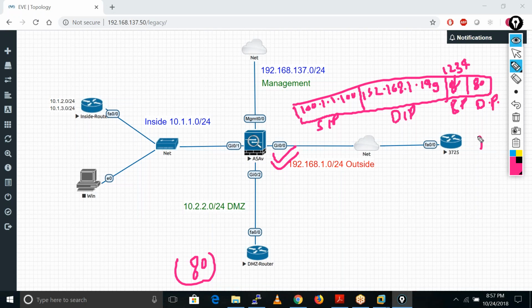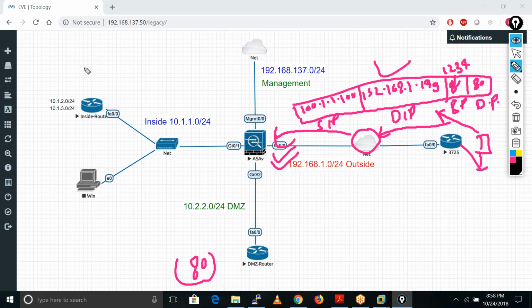So this is the user who creates this packet and sends it towards the ISP. Then the ISP knows that this destination IP is reachable via this firewall. When this firewall receives this request, it applies the translation, because it has that rule, a static NAT rule, in the NAT table.